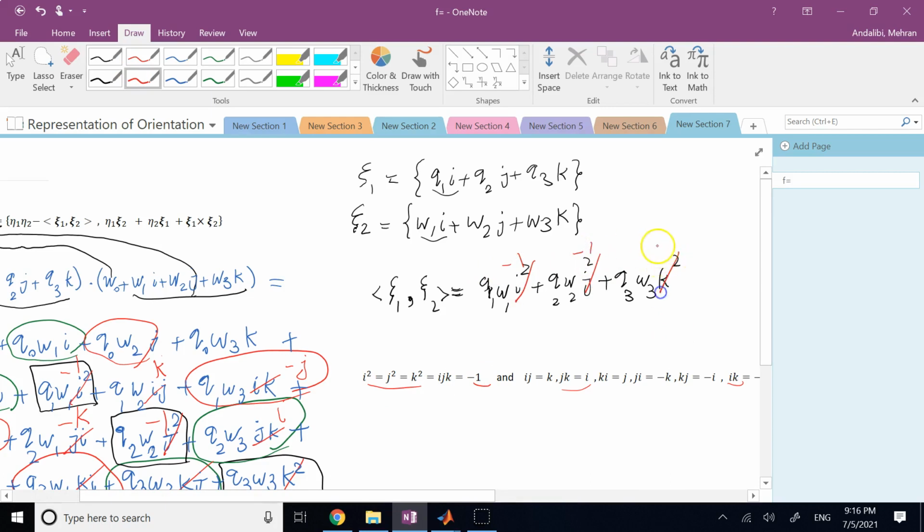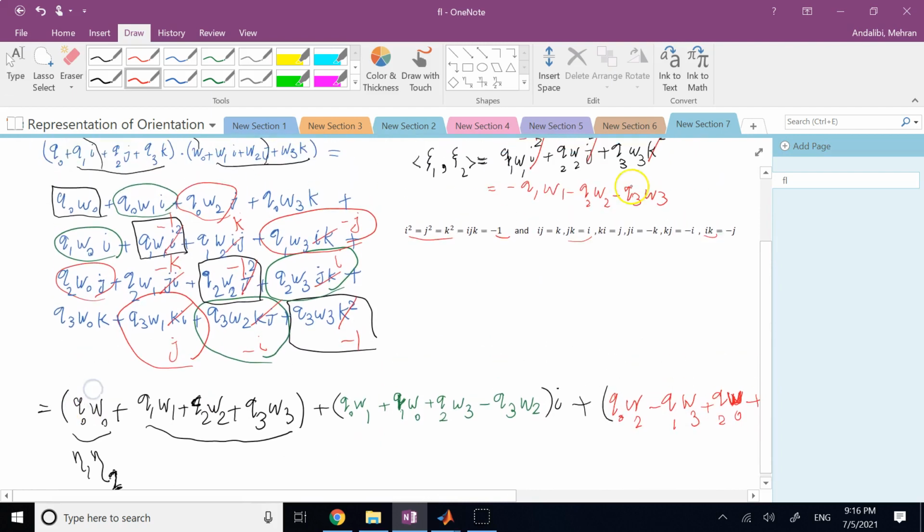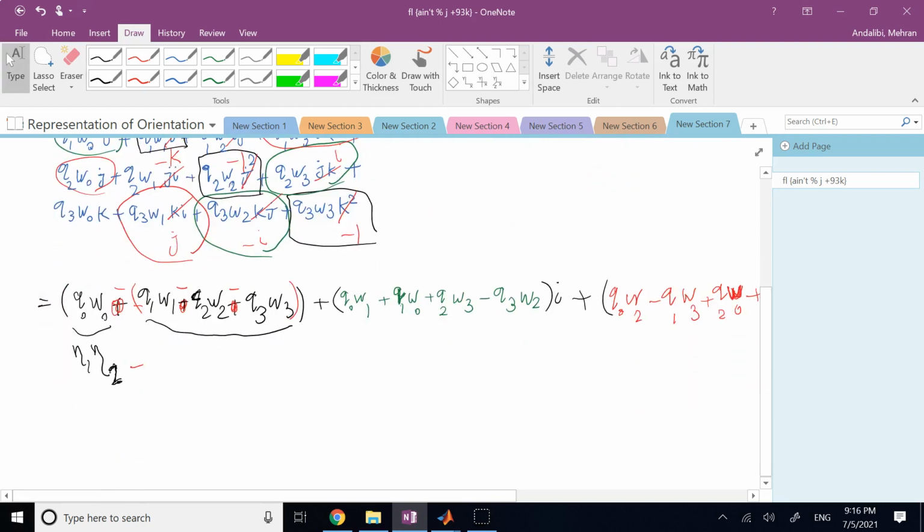So that's why this kind of dot product really is negative Q1 W1, negative Q2 W2, negative Q3 W3. Okay, that's why. So here, when you have this positive, that's negative of the negative. Instead of this positive, you can say negative of the negatives. So it is going to be negative of, and then all of those negatives will be